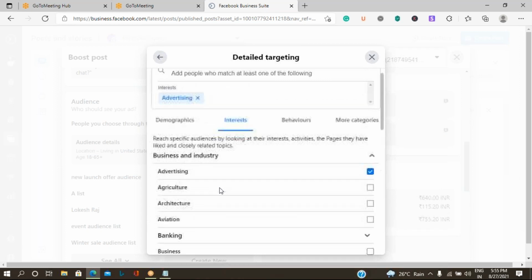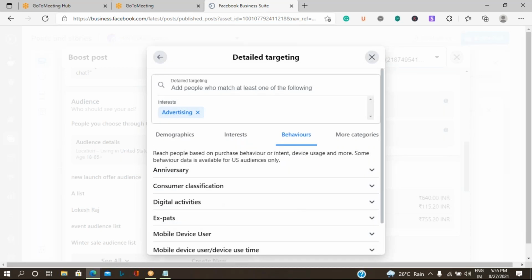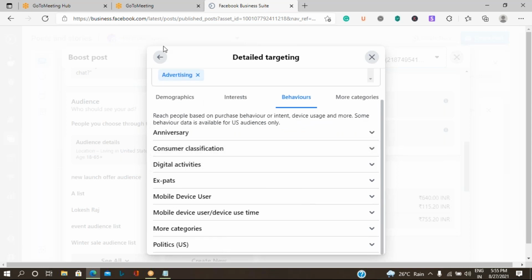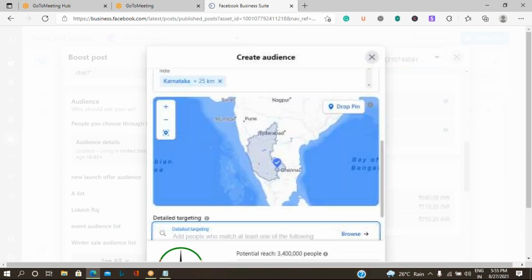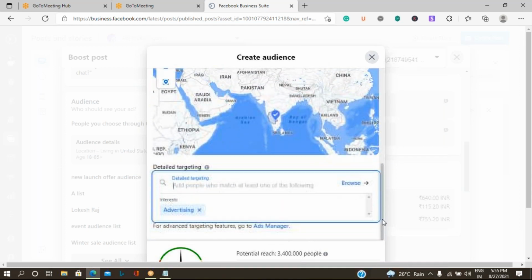It depends upon the content you are going to promote. On that basis, you can select the category. It's not mandatory that you have to select from each category. You can select only those relevant, more than one category of people. Once you add this, you will just go back. So that information is going to show in your audience list.